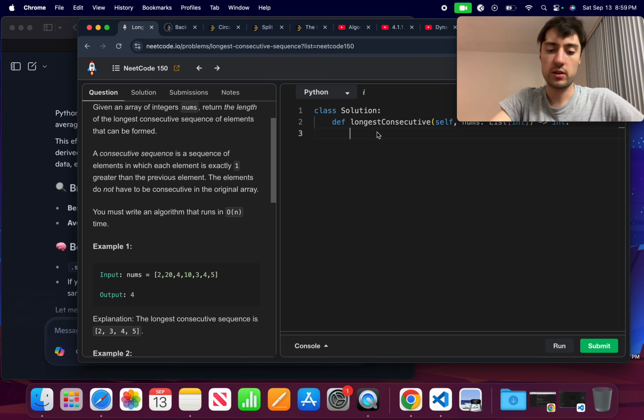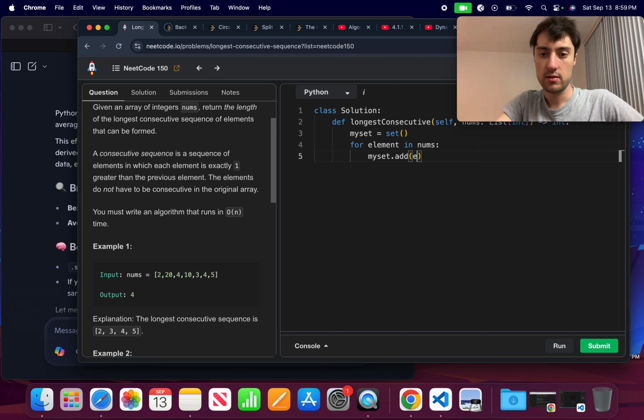So maybe if I do have my set equal to set like this, and then for element in nums, I do my set dot add element, okay? And now I can try to identify the start of each of them. Okay, so I can go